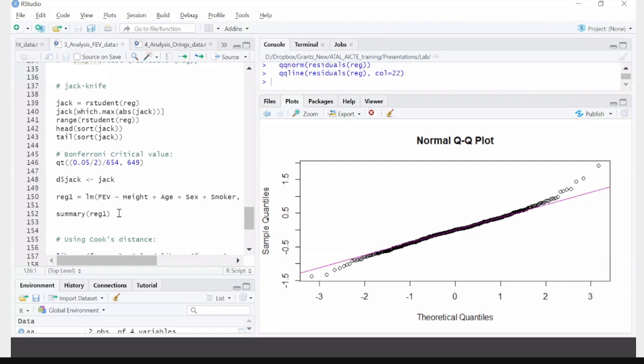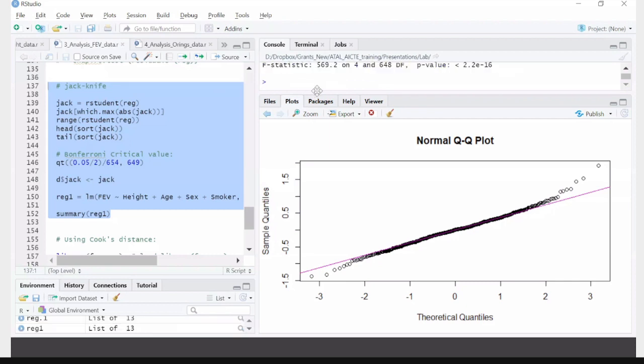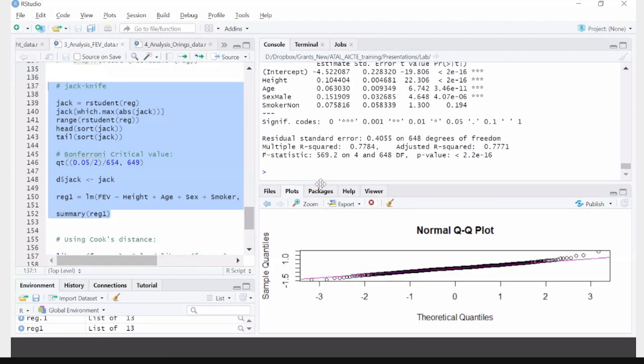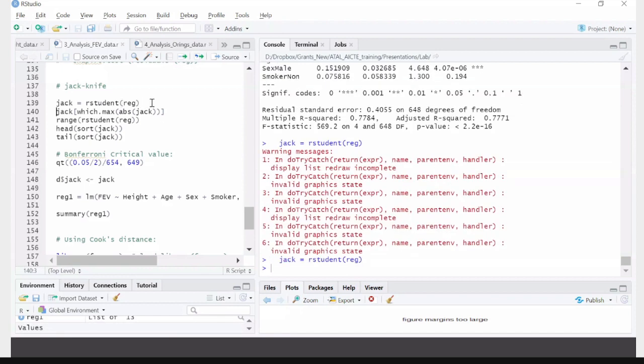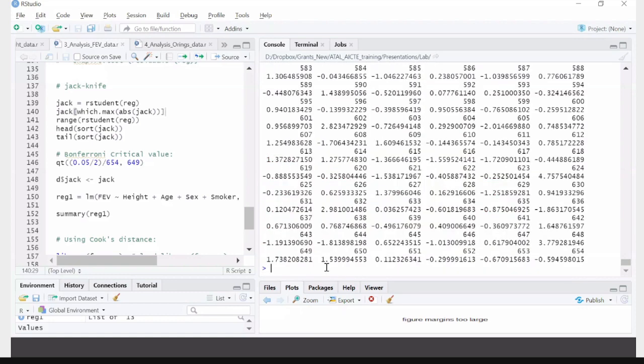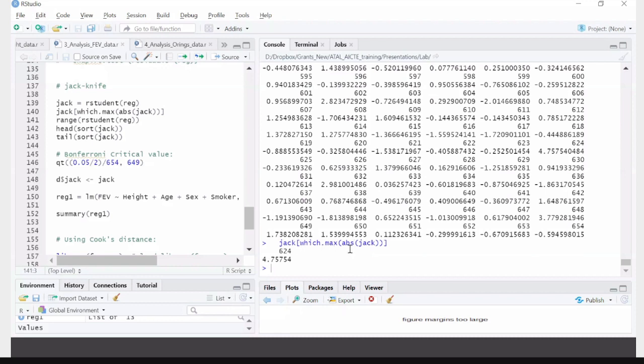So here now we'll talk about the jackknife. So that is the outlier. What it does, go back here. So here one by one, that will help you. Okay, from the rstudent function, I'm trying to save all these jackknife residuals here. And finally, let's check what is in the jack. So all the jackknife residuals are there. And this command will say which of the jackknife residuals is the maximum. So I'm taking the absolute value of the jackknife residuals, and then the maximum value is 4.75 corresponding to the 624th observation,